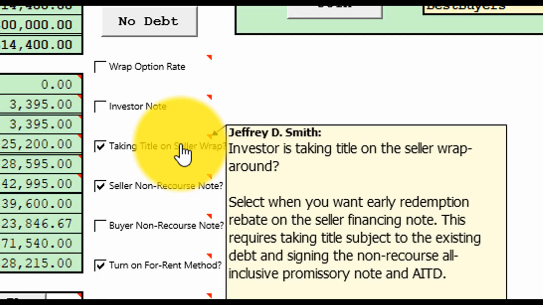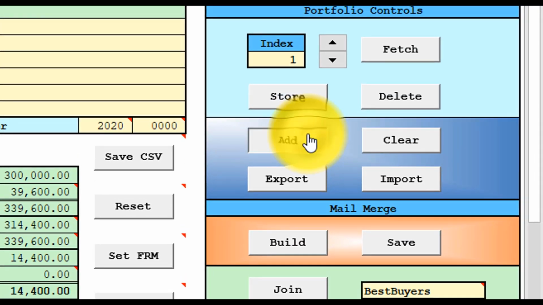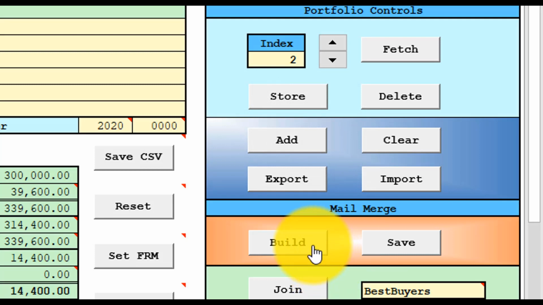You turn off this flag, add another data row with that flag turned off, and then you build the mail merge data. With that flag turned off, the dynamic mail merge templates will generate blanks where the lessee and optionee go in the lease with option transaction.